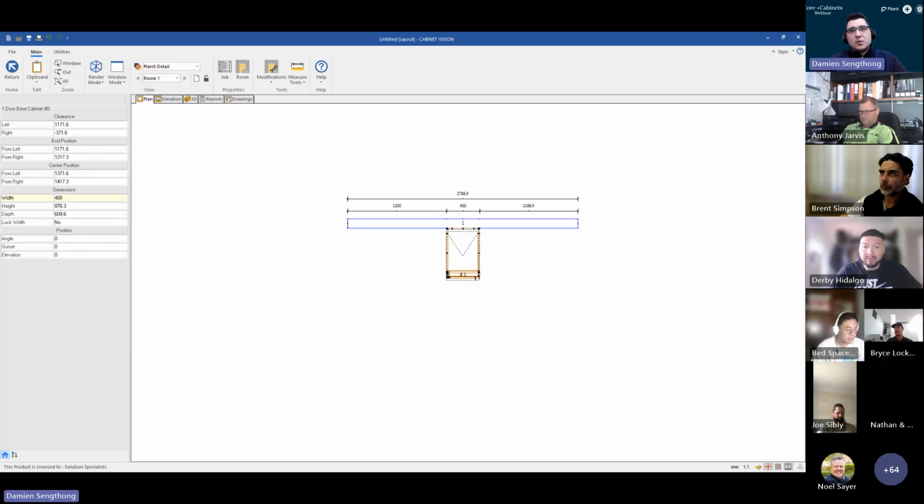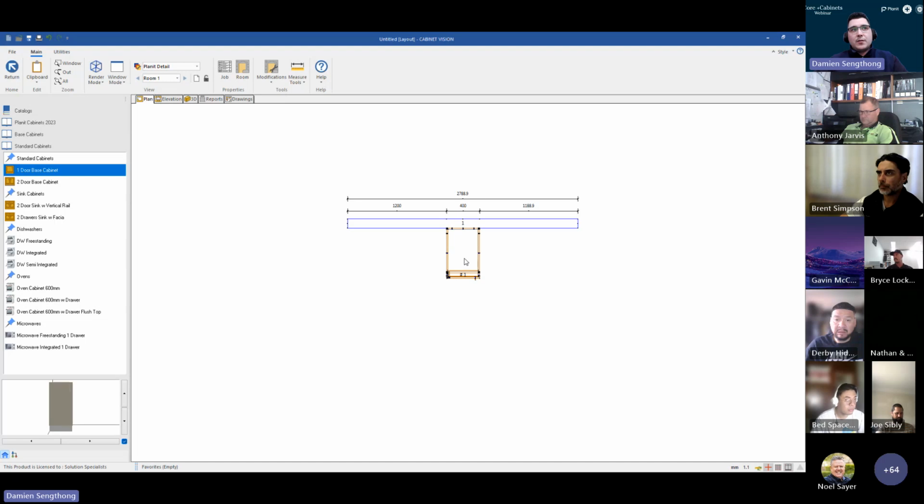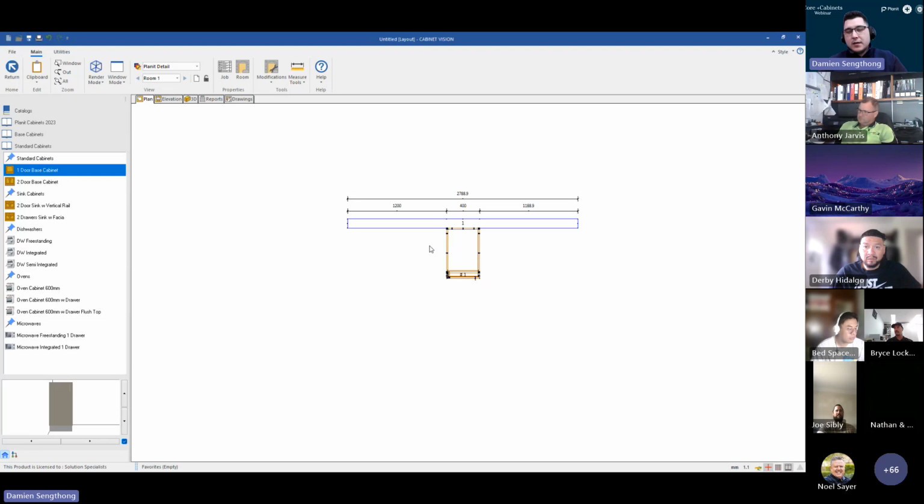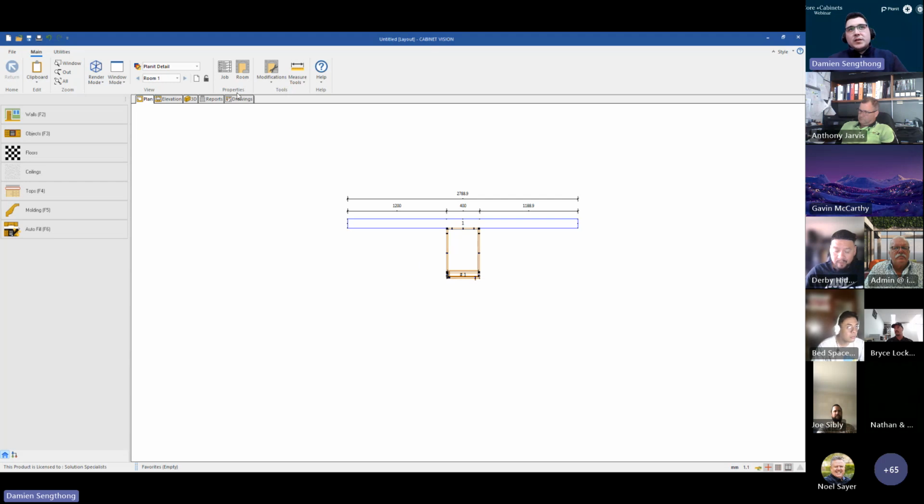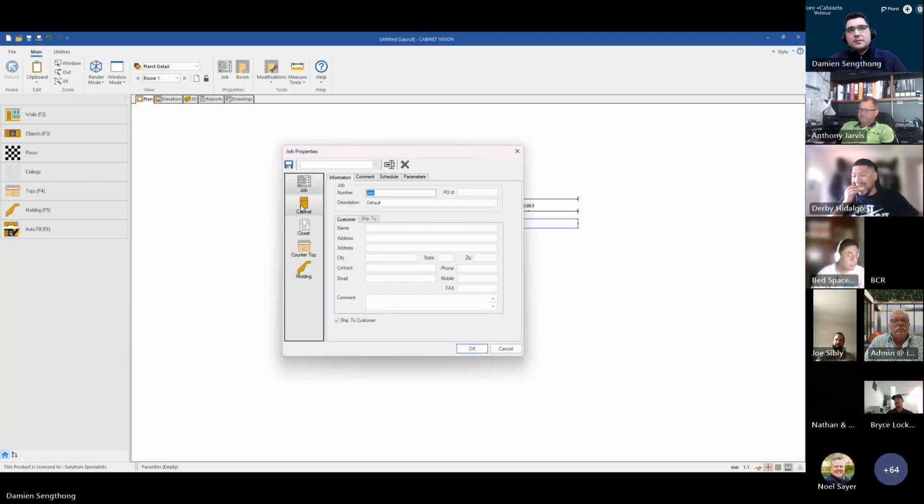And I'll place it onto a wall by left clicking. I'm going to cancel the function by right clicking my mouse. And what I'm going to demonstrate to you now is how various construction methods do take place within a job file. So at the moment, when we started our project, if I go up to the job properties, under